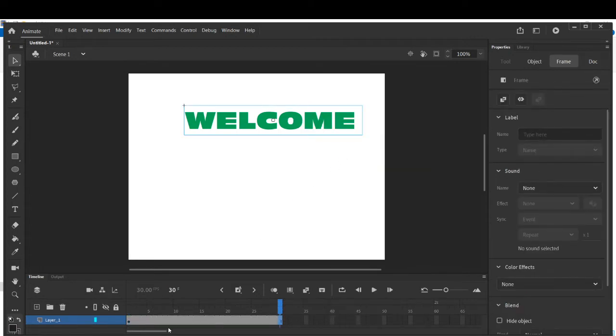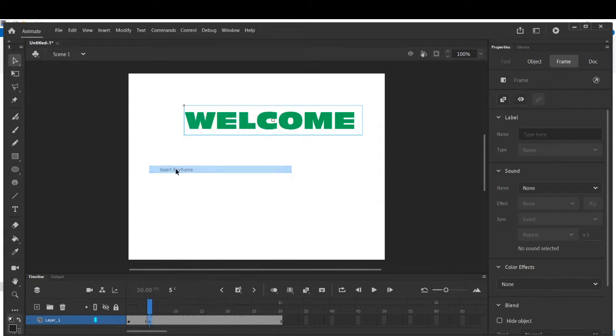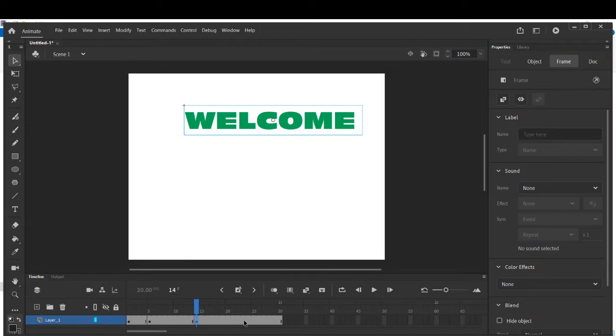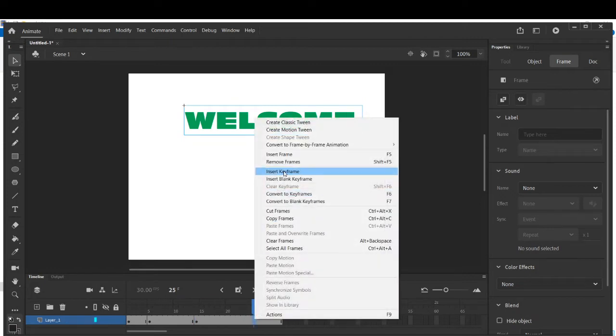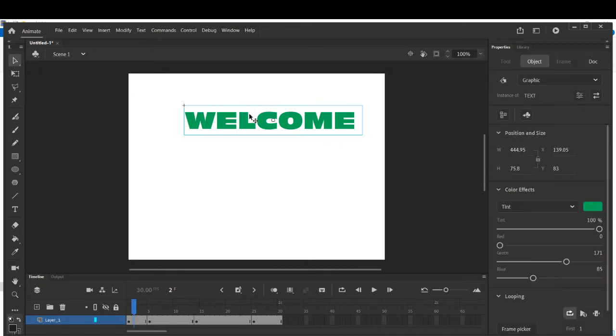Then in between this frame, let's add some small keyframes so that it will change during that duration. 1 and 2. One more if you need, then go to 25 and insert keyframe. So now click on the first frame, which is in between 0 and 5. Click on the first frame, keyframe, and click on the text, the symbol which you have written right now.